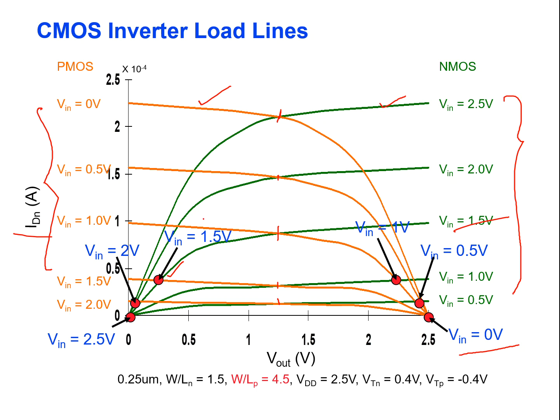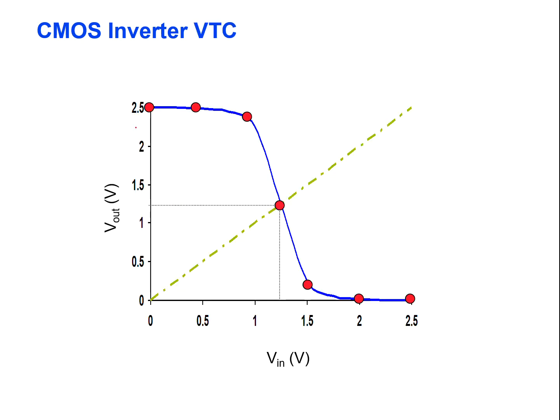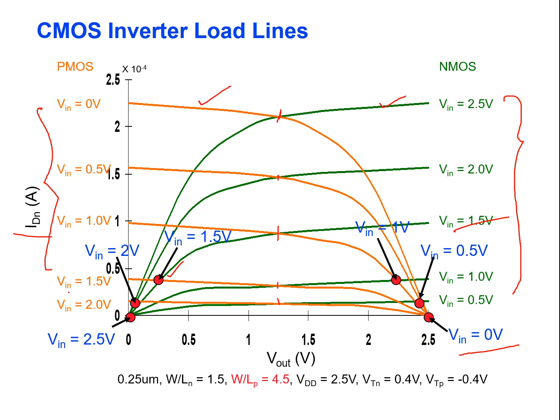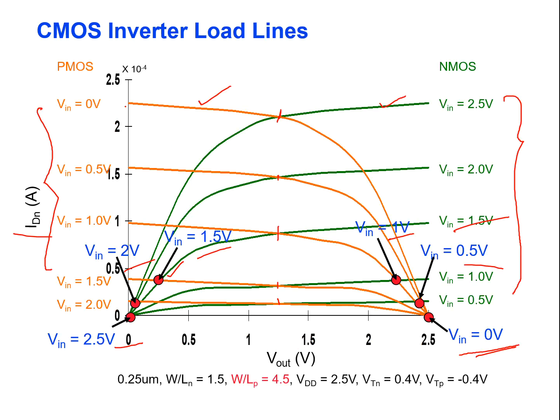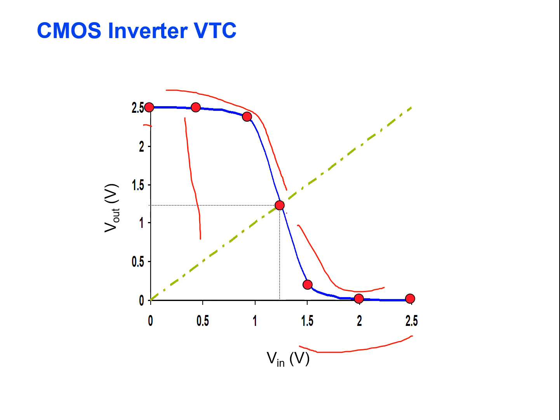And if you measure these characteristics and if you plot the voltage, see, in the load line we have plotted. It is 2.5 volt, 2 volt, 1.5 volt, 1 volt, 0.5 volt, 0 volt. This is what is plotted here. And it goes on up to 2.5 volt on a reverse side. Up to the middle point it is constant. Your output voltage is measured, and after that it is reversed. This line is plotted from the scale. If you merge these lines, you will get it like this. It is about 2.5, 2, and it goes on.